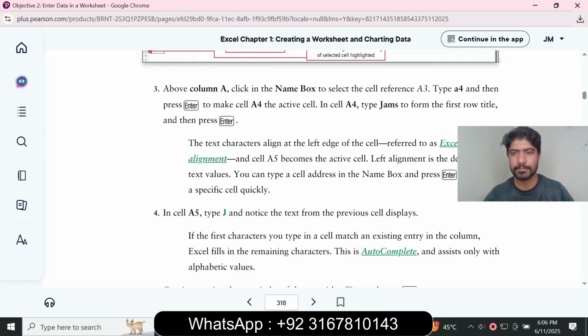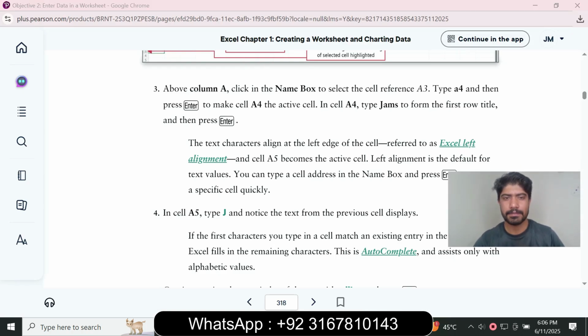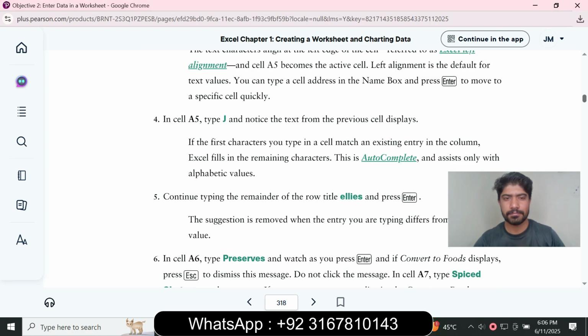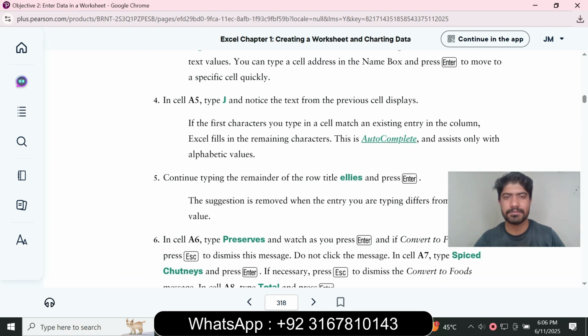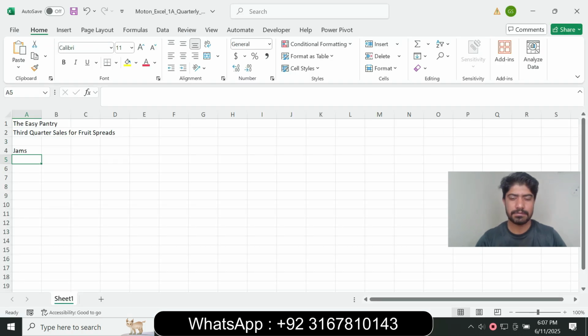And next, in cell A5 type J. Notice that the previous cells' first character typed matches an existing entry in the column, and Excel fills in the remaining characters. This is AutoComplete, which assists only with alphabetical values. Continue typing the remainder of the row titles and press Enter in cell A5, and type the